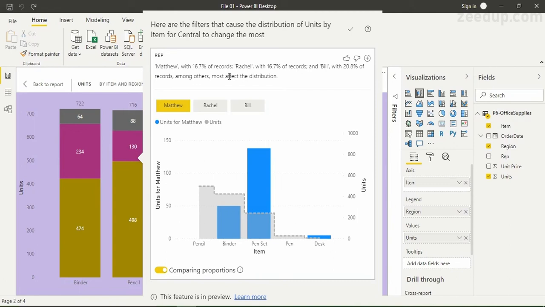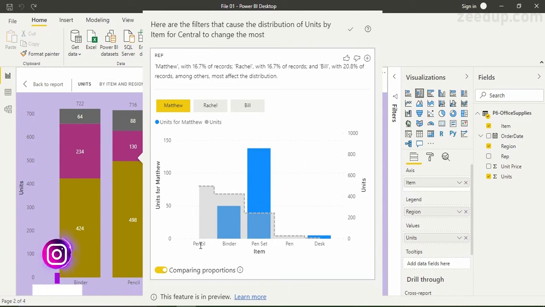That is why these were the 3 points which caused most of the changes in the data, and they are the reason why the data looks like this to us. If you just click on this Matthew, now these three values were taken. So if you just click on Matthew right now, Matthew is selected. So we are getting the results for Matthew, that is how many units Matthew bought and what were the items